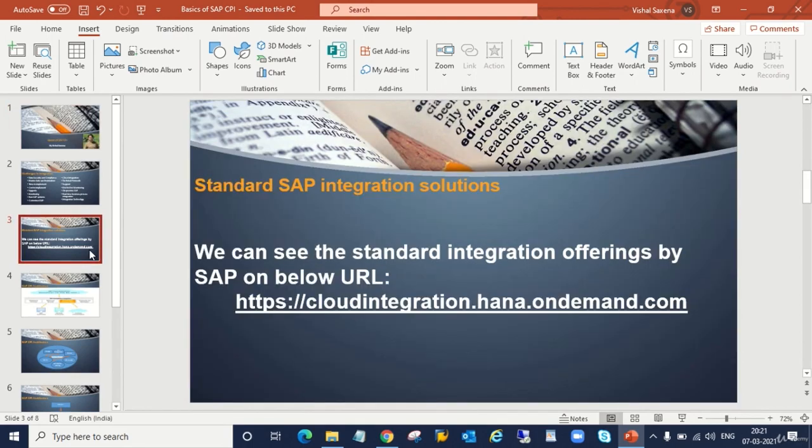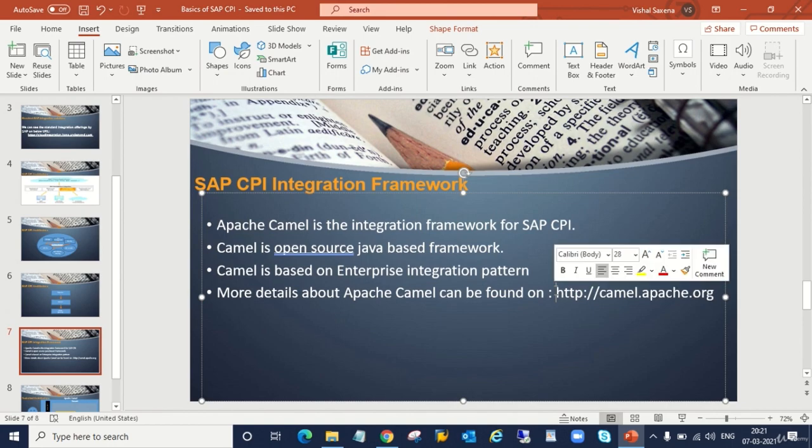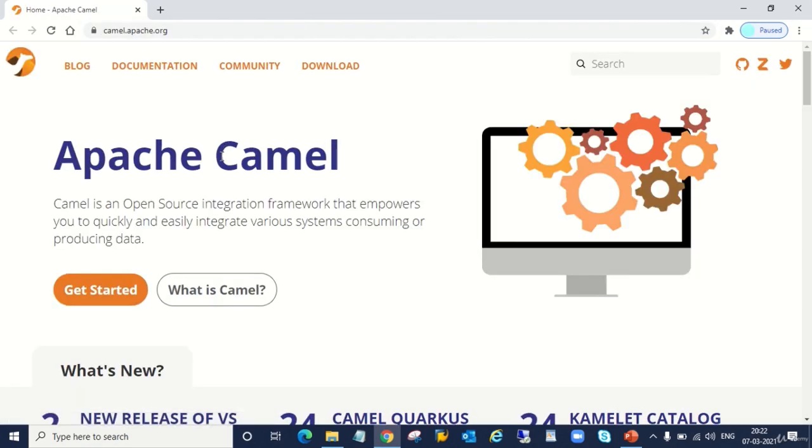Just a second, guys. I am just going to this website. Now here you will be able to find all the details of Apache Camel. Getting started, what is Camel?